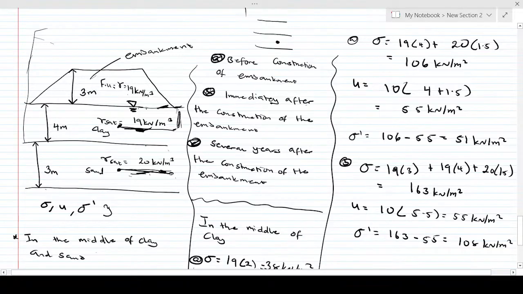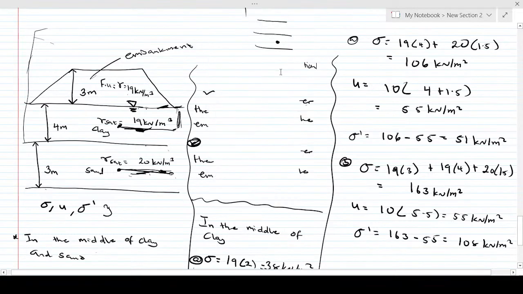Now let's solve the last part of the question, which says several years after the construction of the embankment. So let me read this. Several years after the construction of the embankment. What this means, just as I explained in the first one, is that there has been dissipation of pore water